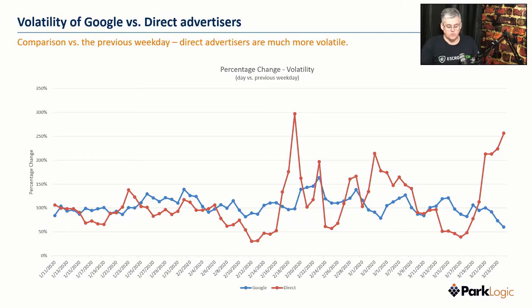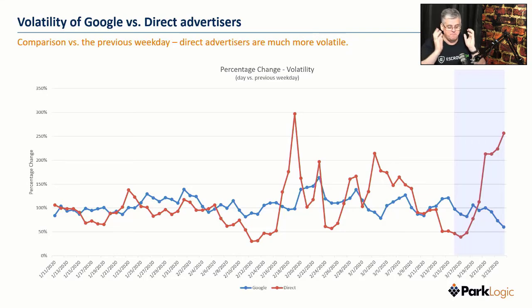Well, if you look at, my goodness gracious, those direct advertisers, they've just broken out. I hope that it's going to continue in an upward trend, but it's just a massive step up. They really are. So, like I said, I think this is a really exciting aspect of our industry to see what's occurring. When you look back in January at the red line, that's direct advertisers, you can see it was almost in lockstep with Google in terms of volatility.